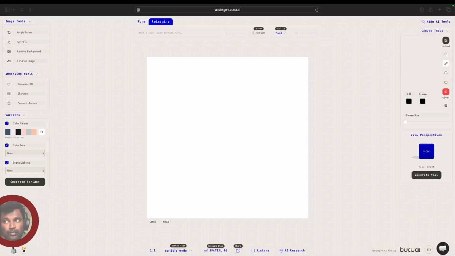We have scribble mode that talks about what method of sketch you're using when you are using the canvas. And we also have a way to change the form of the canvas, the aspect ratio of the canvas, over here. And if at any point you need any help, we have the right hand corner over here,